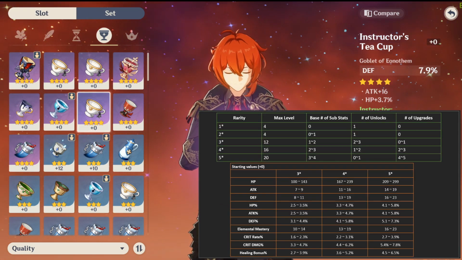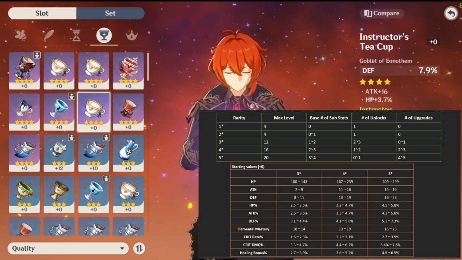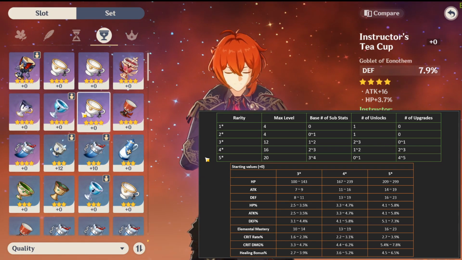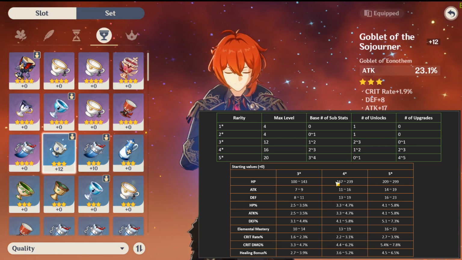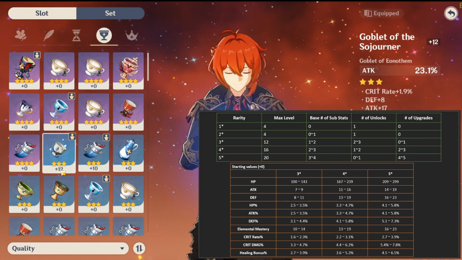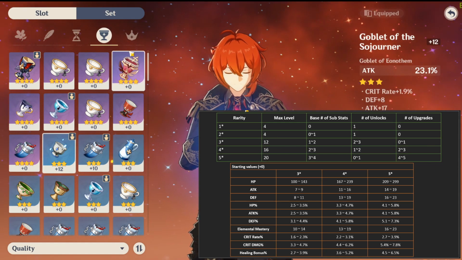Here's a table indicating what the max level of each rarity can be, as well as the base number of substats. Every 4 levels, an artifact will unlock a new substat until it has a total of 4. As you can see, my +12 blue here has 4 substats. At that point, if it can still level up, which this blue, by the way, can't, because the maximum is +12,